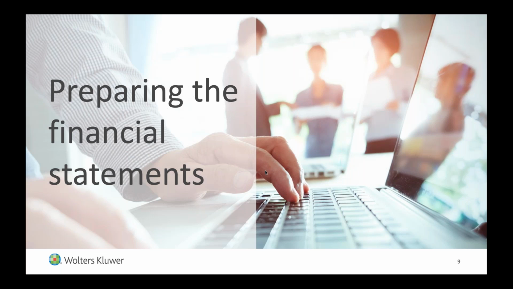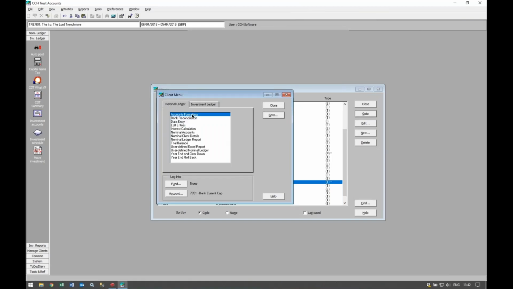Now, the accounts are actually produced using CCH Accounts Production, which is part of CCH Central. Some of you may already be familiar with this. I don't know whether any of you already use it, but let's take a look. So back into Trust Accounts, the very top option that we have there is Accounts Formatting. If I just double click,